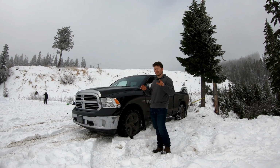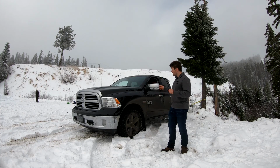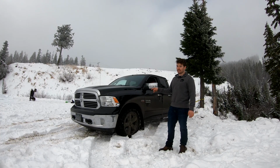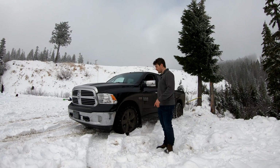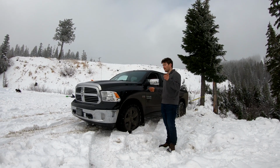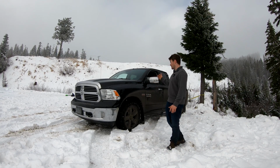So what I'm going to do is start with these wheels cranked all the way over, and I'm going to see if there's power transfer to the front drive shaft. Hopefully there is some, but that's what we're here to see. And then, if there is none, I will straighten the wheels out and see if we then get power transfer